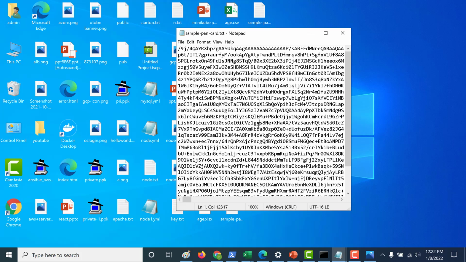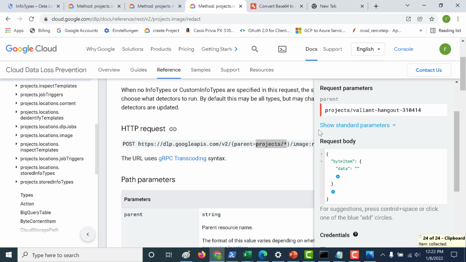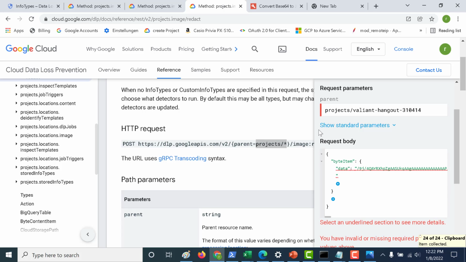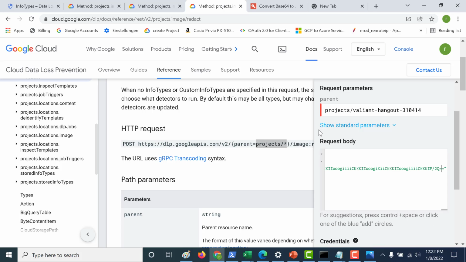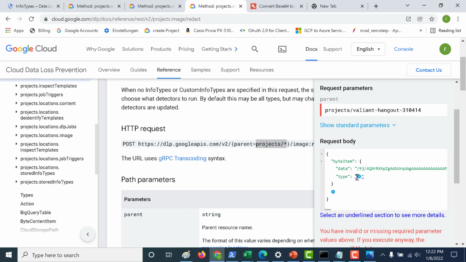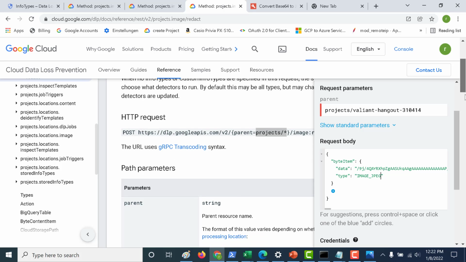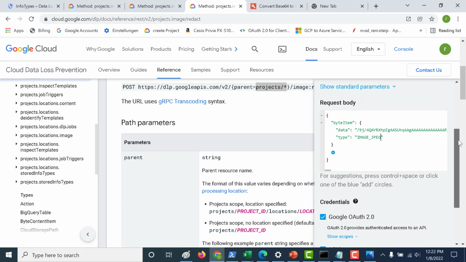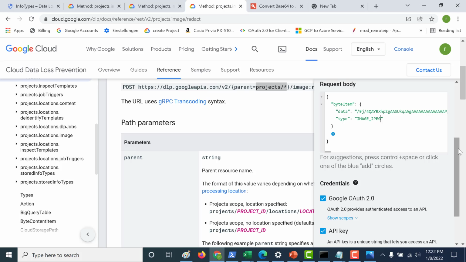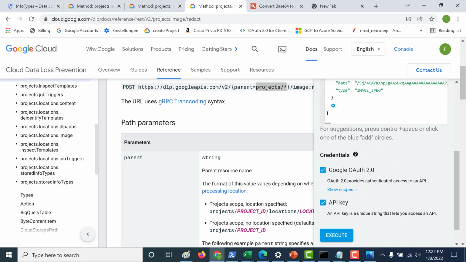Let's copy this and paste it there. You also need to give the type. The type here would be JPEG, since that's a JPEG file. And that's about it. We'll not give any other parameter, and let's see what happens once we run this API.